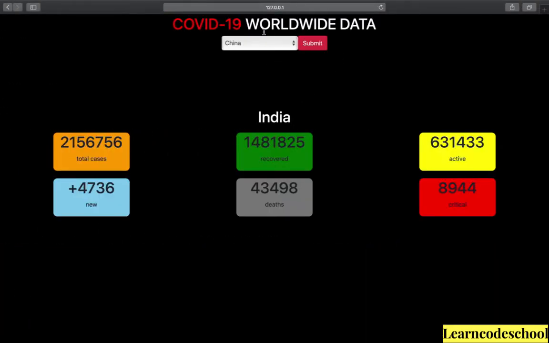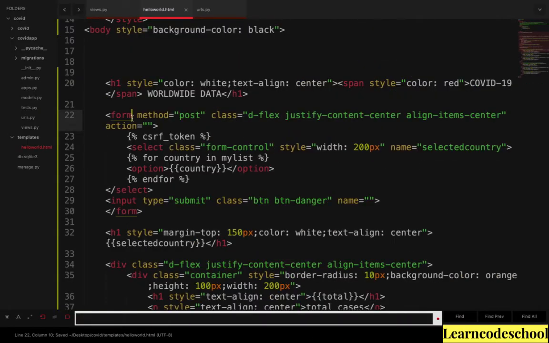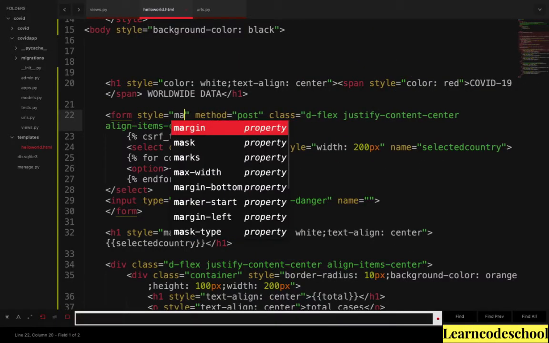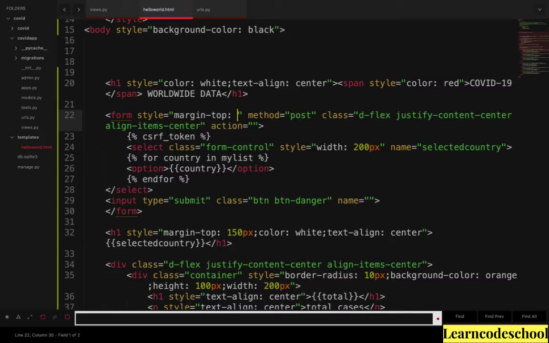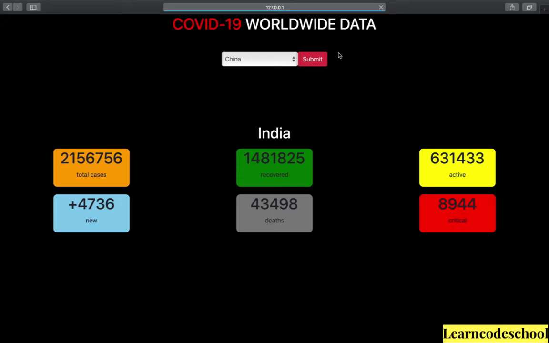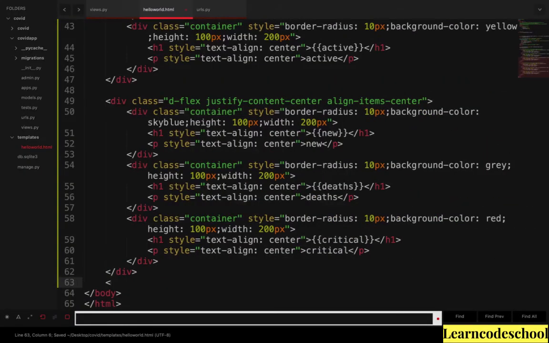And I want to provide a small gap between these two. So I need to provide the margin to the form. Margin top 50 pixel. So the gap is created, and I want to mention my credits here. So a para, developed by,